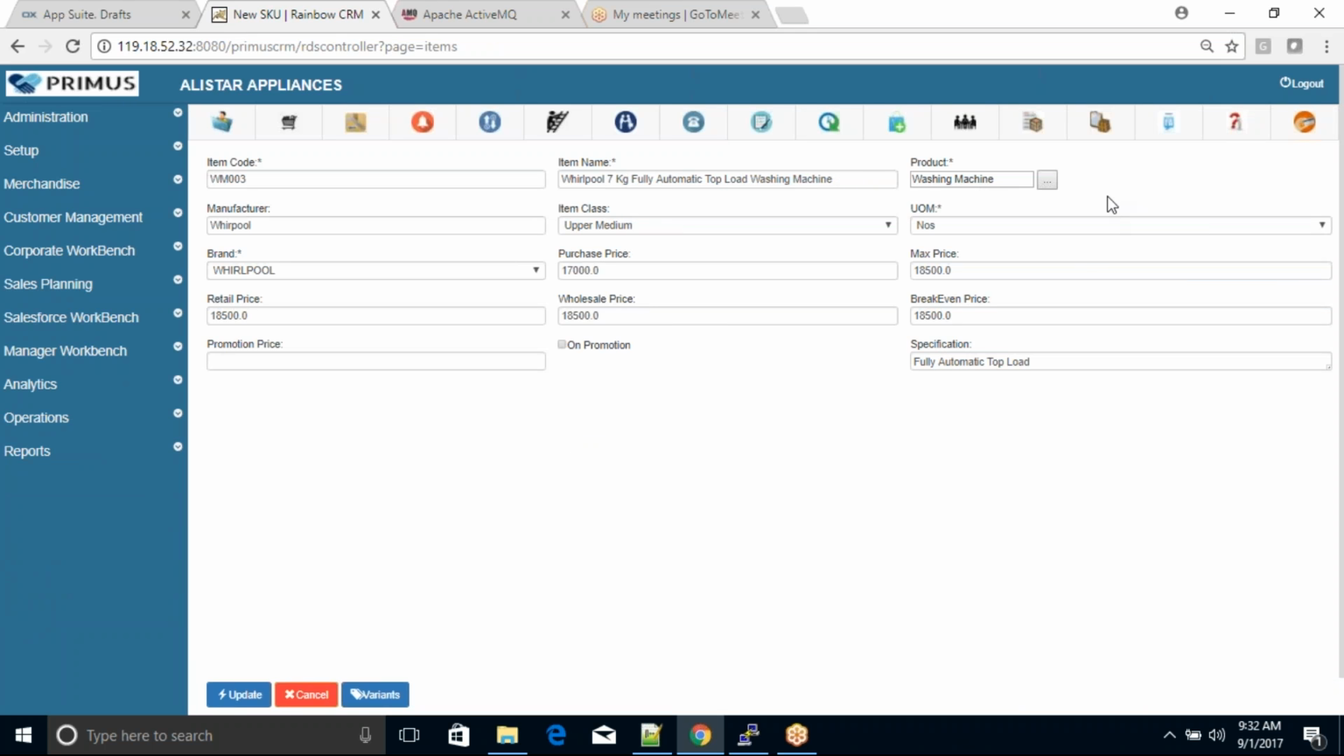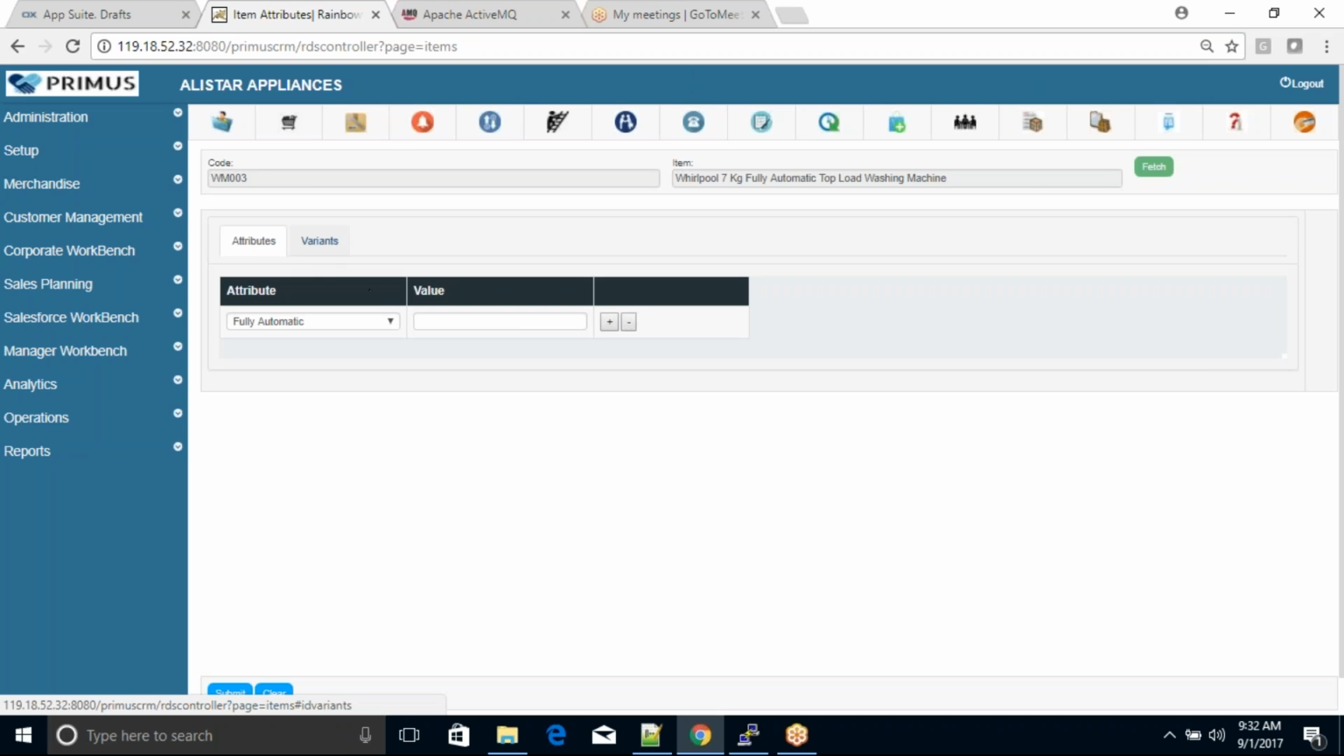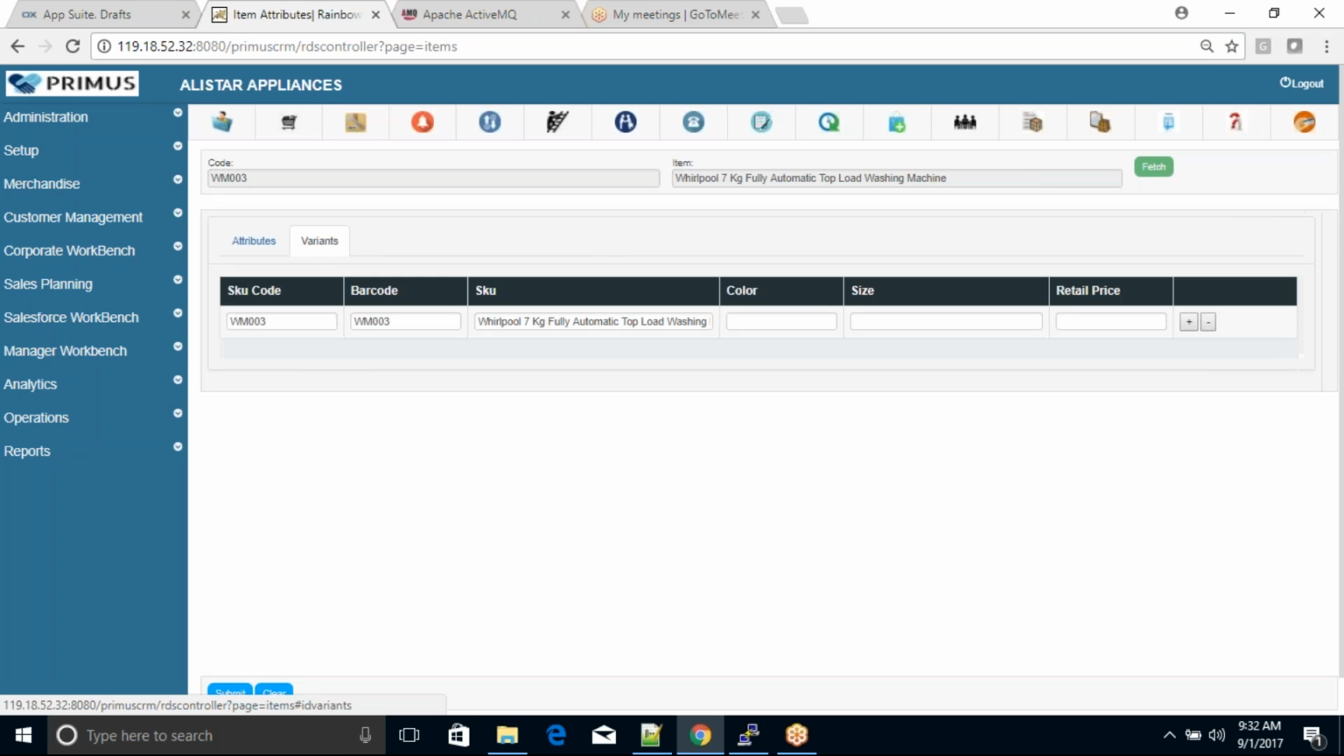So this is a washing machine. You specify what your retail price is, and based on it, it identifies the class of the product. Then you can see the variants. There has not been variance in here. Yeah, so there is one SKU variant here, the attribute,